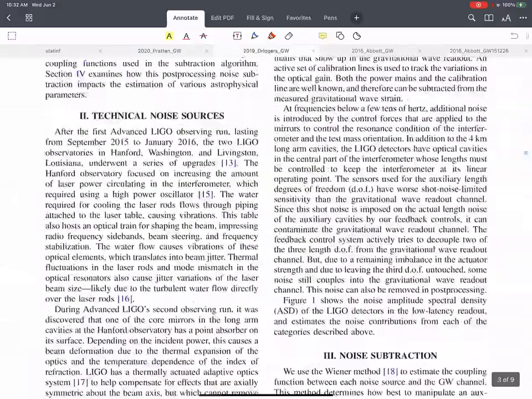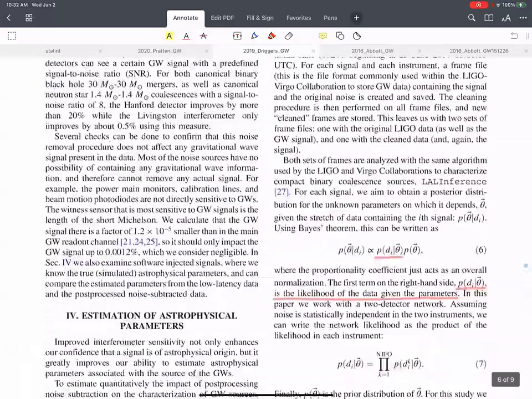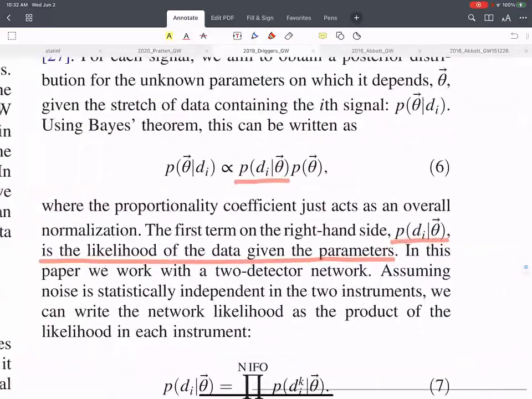Another example, published in 2019, is about gravitational waves from LIGO. If you see page 5, there is another issue here. They are talking about the likelihood function, but they are thinking of the likelihood as a function of data given parameters. Definitely, this is a place where statisticians will stop and rethink this phrase. Of course, they will let it go, but in the end, this is something that makes statisticians uncomfortable.